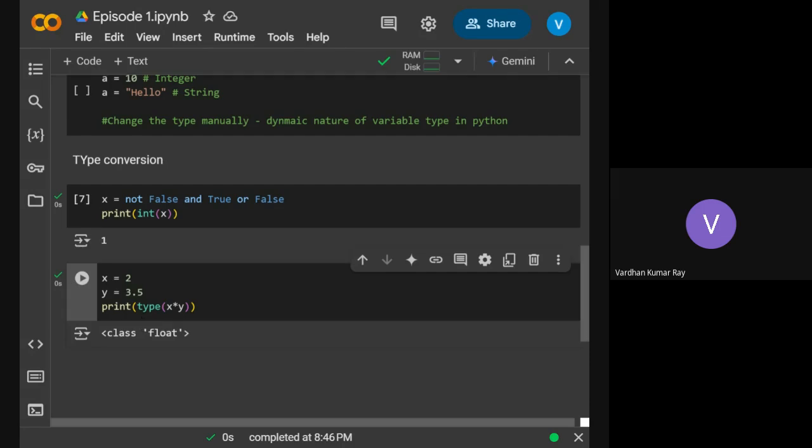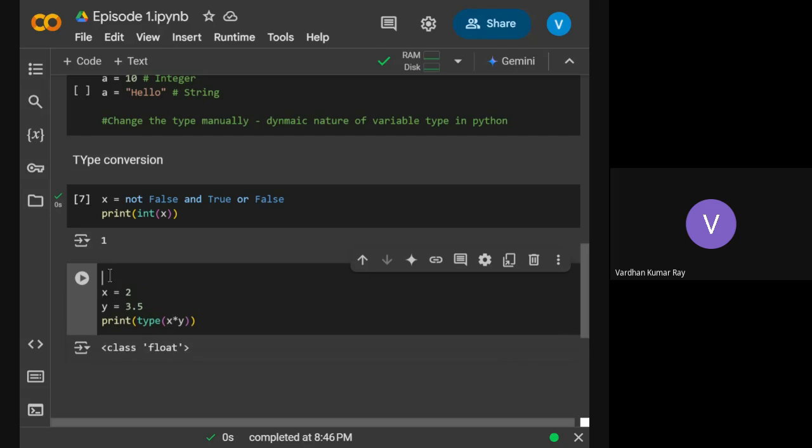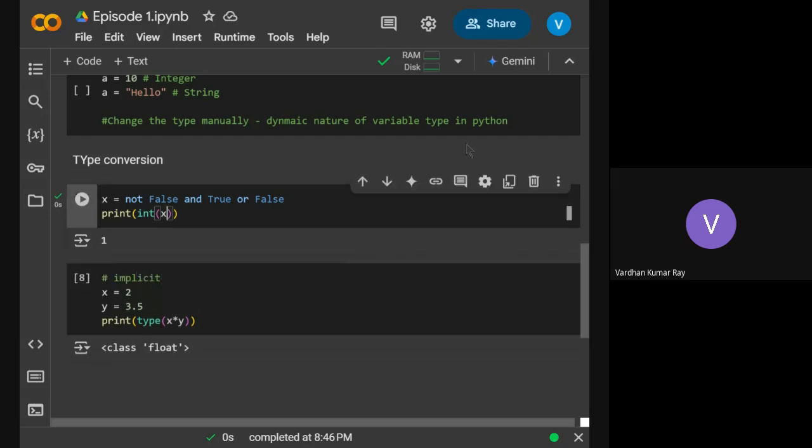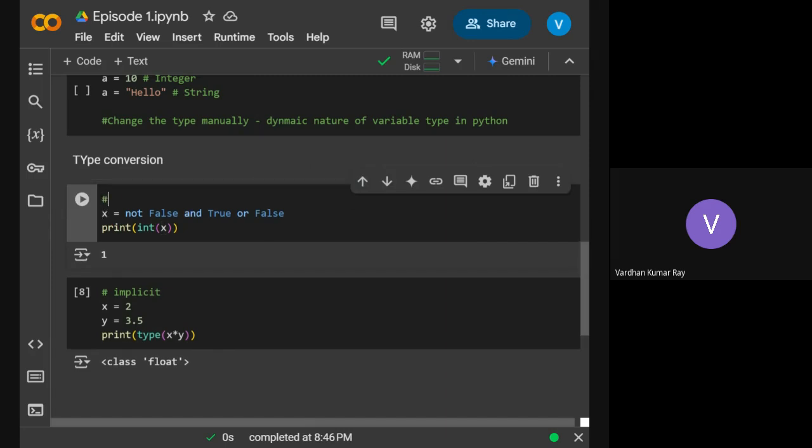Implicitly, when I multiply, it gets converted to the more complicated type. So this is implicit conversion. And this is the explicit conversion. Explicitly you can see I am converting into integer, right?